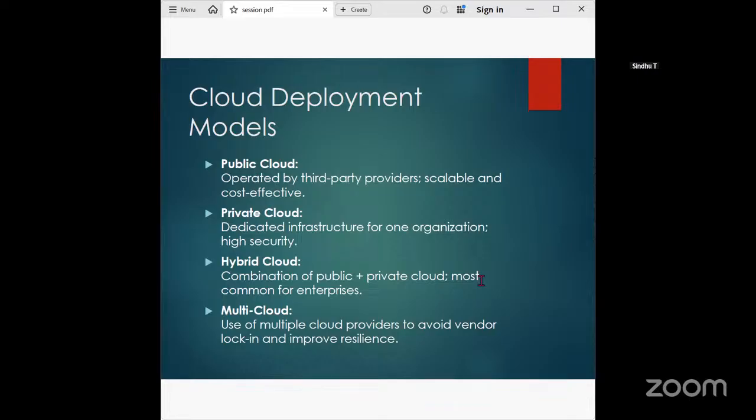So next one is hybrid cloud. It's a combination of private and public cloud, most common for enterprises. So it's a heterogeneous distributed system formed by combining the public and private. So the major drawback of private deployments is the inability to scale on demand. In public cloud, based on the user demand or user need, you scale up and down. In private cloud, it's a fixed resource. We can't scale up and down on our own. So, okay, to overcome this drawback, the hybrid cloud comes into the picture.